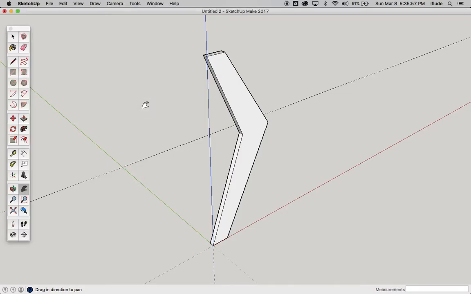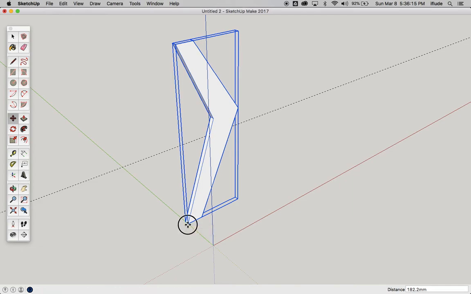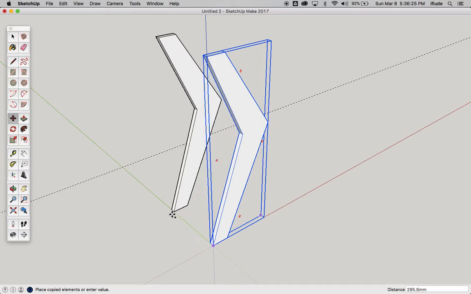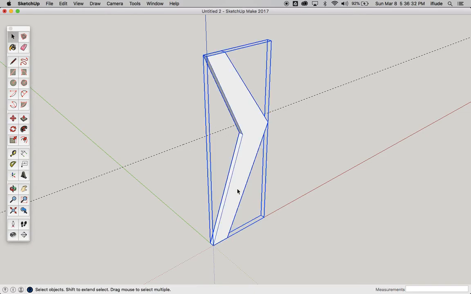So, the latest short SketchUp snippet, and in this one I'm going to be talking to you about the Move tool and what you can do with it other than just move and copy. Now, all of you know that you can use the Move tool to move things, like that. You also know that if you hit your Option key on a Mac, and then move it, you make a copy. Okay, now there's actually additional things you can also do with the Move tool in SketchUp, and one of them